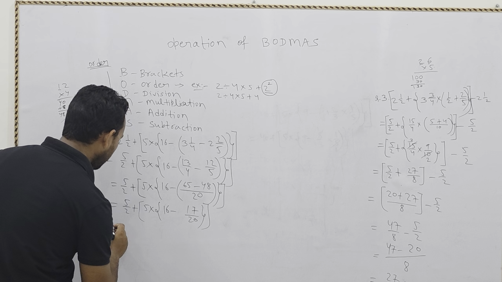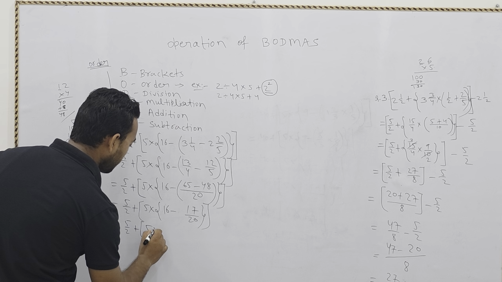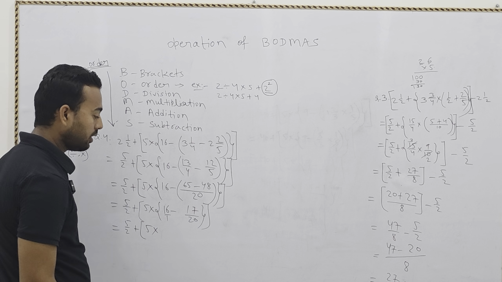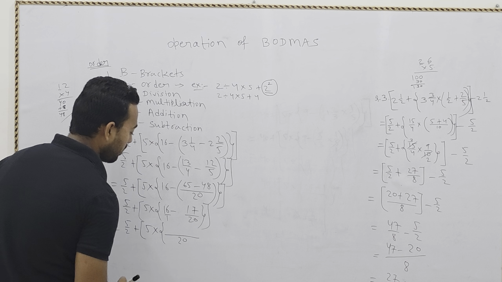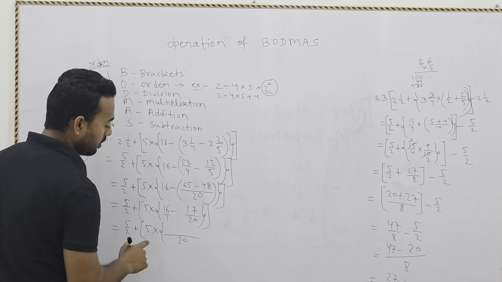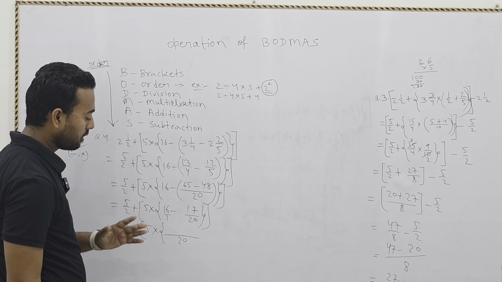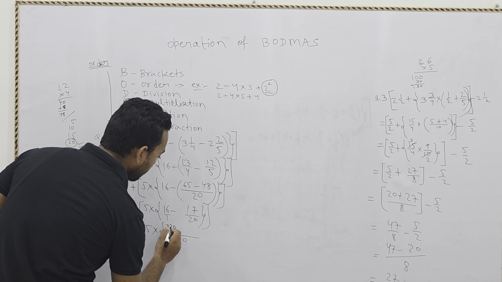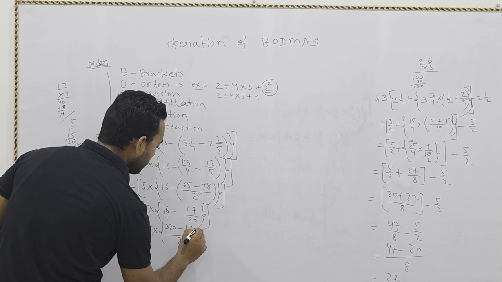So this one is completed. Now this middle portion we will complete. 5/2 plus under bracket 5 multiply, here nothing is there in the denominator, we can write 1. Now we will take the LCM, 20. 20 divided by 1, then what we will get here, 20 multiply by 16, 320, minus 20 times 1, multiply 17.